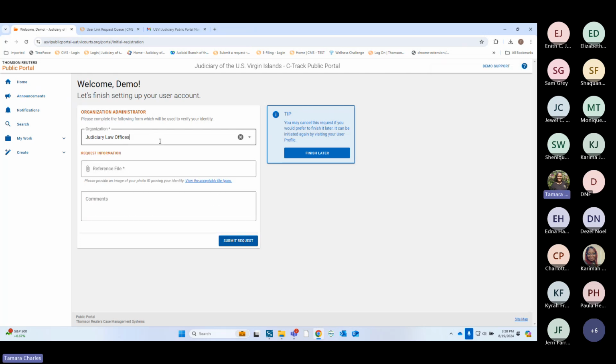So this step for the legal org admins, please be careful when you are adding your organization. I know that there are some firms that, let's say, got migrated from our legacy environment, which was our previous data. Your law firm may have been named something else 20 years ago. But if you're going to choose your organization at this point, you're going to have to choose the active